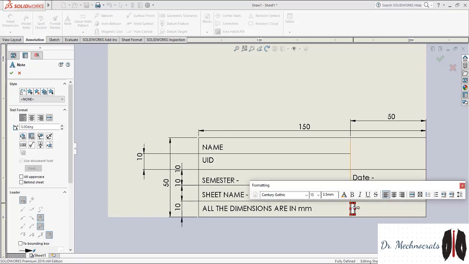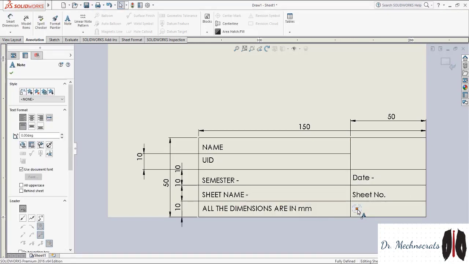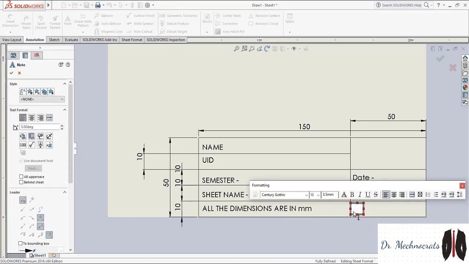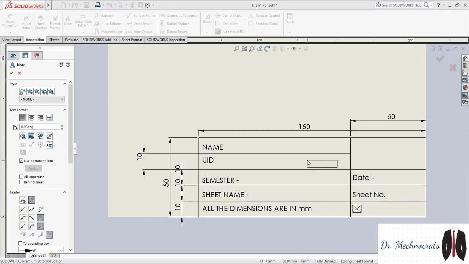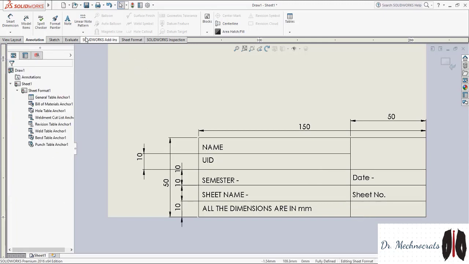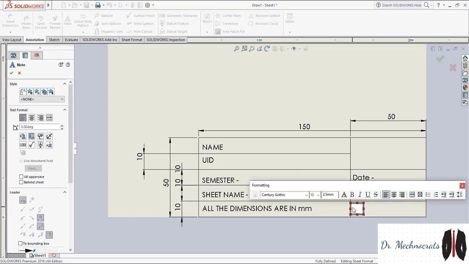Okay, that you have to mention in the last column. Here the evaluator will sign it, so you have to keep it blank. Only write down here signature.